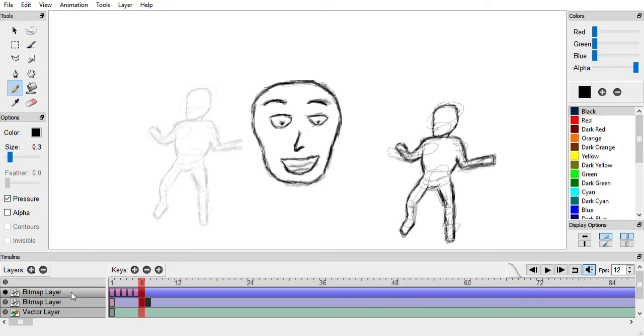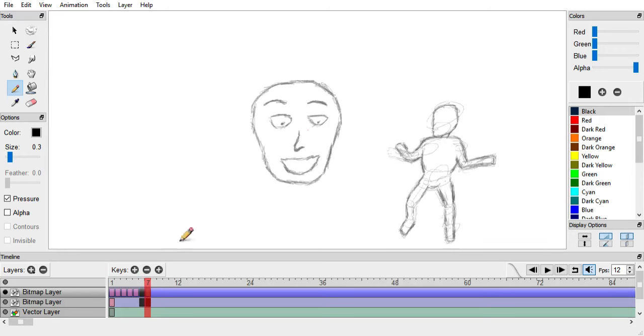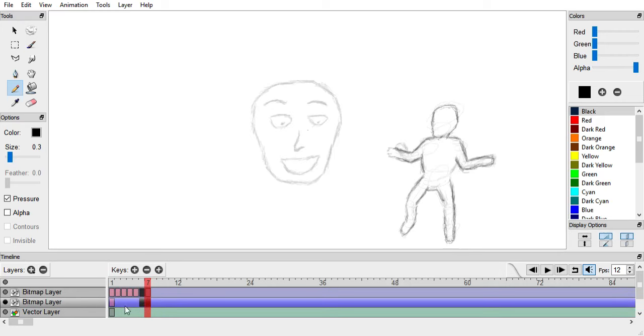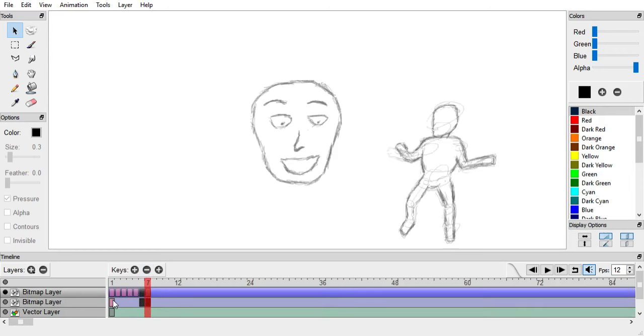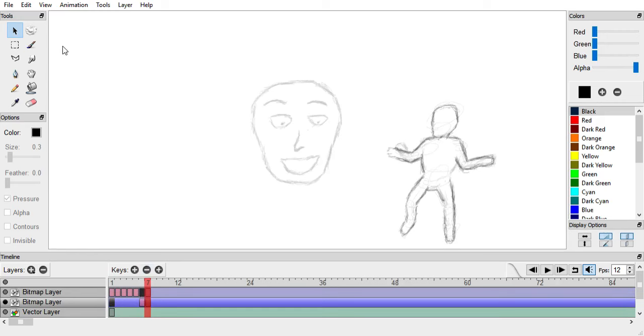Okay, I gotta be on the right layer. This was the problem here. F7. There we go. And then bring this guy over. What am I gonna have to do? I'm gonna have to do this. I'm gonna just F6 this. No. Not F6 that. How do I delete, and then this? Is this the one? No, where was my reference now? Oh, darn it. Let's make a new reference.